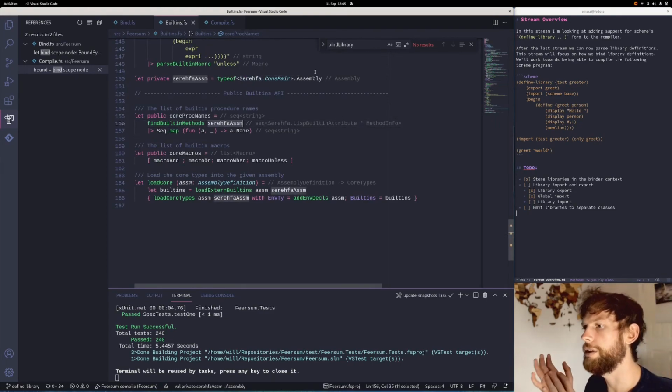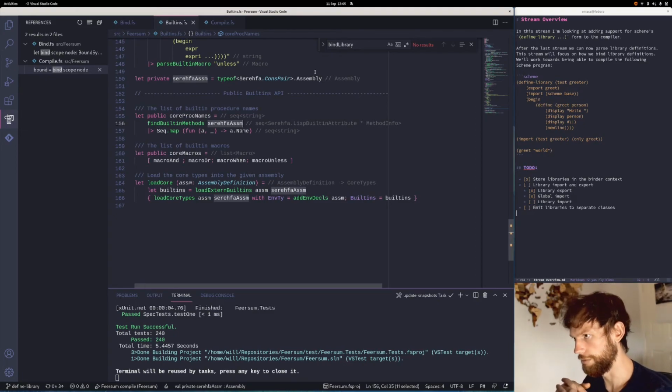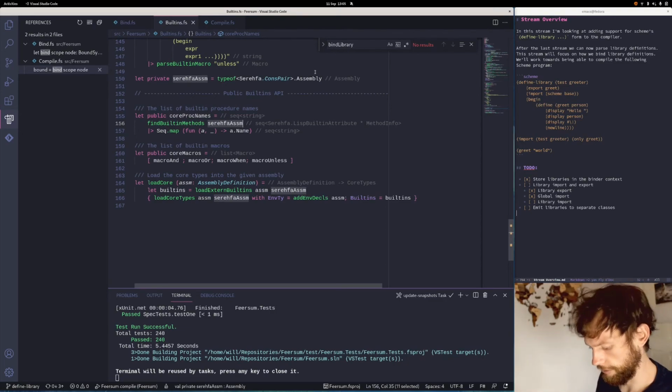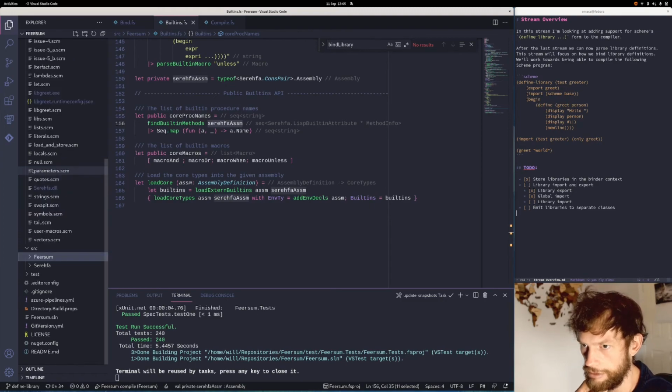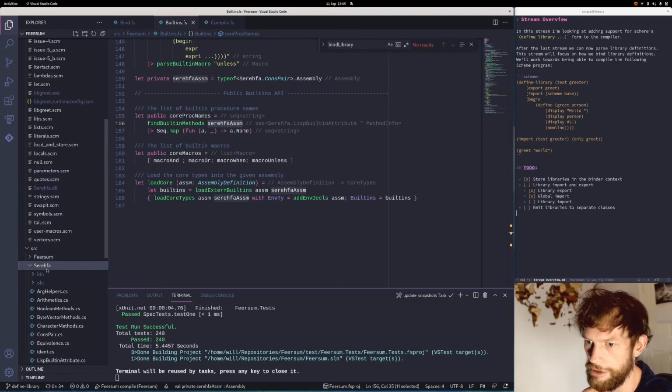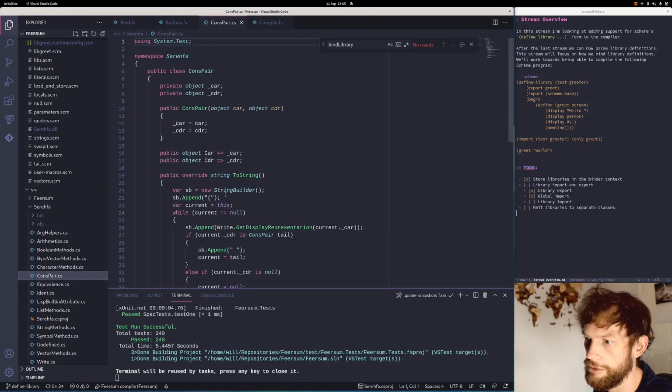So it'd be nice if when you call bind, you passed in the core assembly and all the others, and we went through and found all of the library declarations in there, which would mean that in the core assembly, brace yourself for some C#, we have all of these types, so like cons pair,